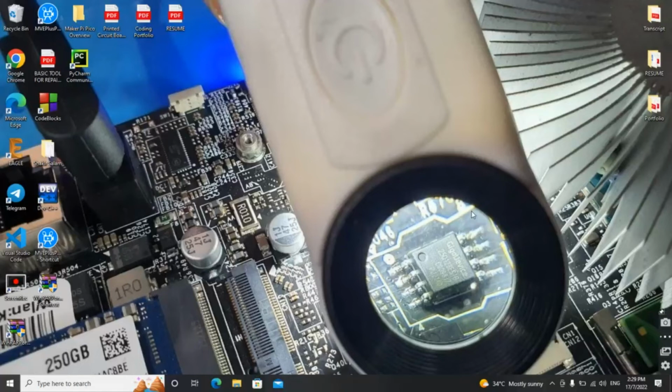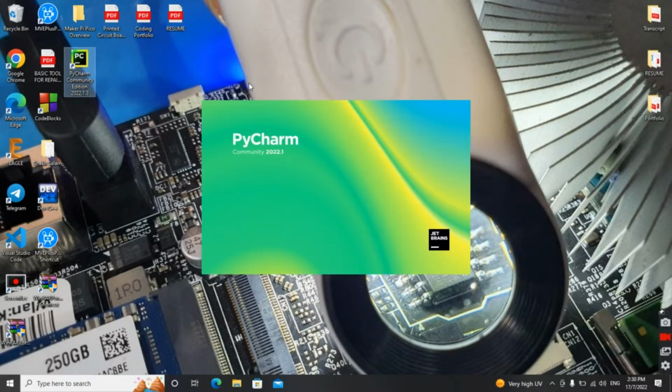Hi, so in this video I'm going to do the Ohm's law calculation, this time using a different IDE and a different language, which is Python, and the IDE is PyCharm. So straight away I'm going to launch PyCharm here. What we're going to make is the same as the previous video using C++. In this case we're using PyCharm, which is for the Python language, and the same Ohm's law